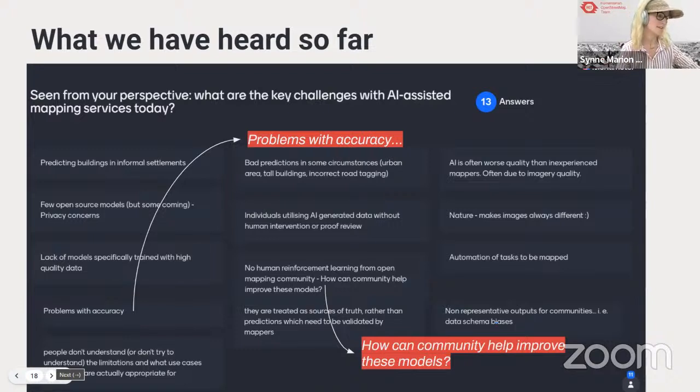shaped in the way that we see in the Western world, for instance. The other thing that I found very valuable and interesting was the question around how can community help improve these models. Through these anonymous Mentimeters, we saw some distrust in AI today, but also a little bit of a leaning forward and asking, how can we help improve this? And some of the concerns that were also voiced here was perhaps building capacity around what AI actually does, how it looks like from the very beginning to the very end. That whole workflow will be important moving forward.